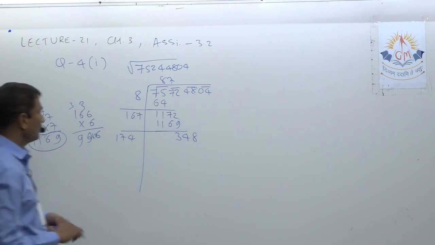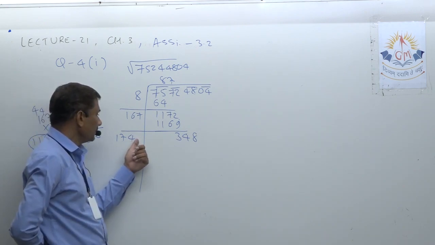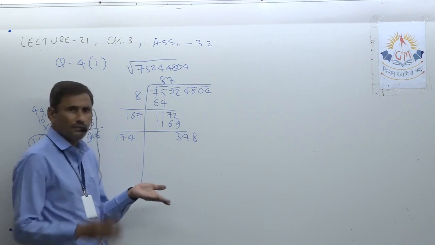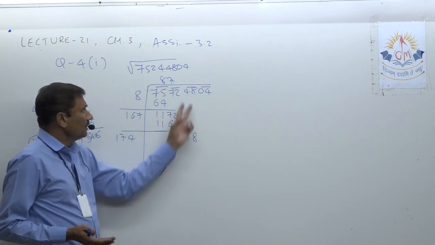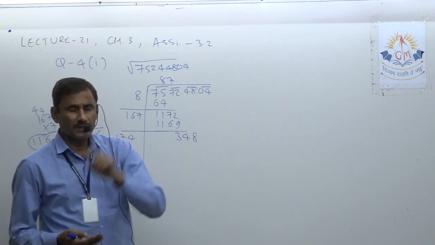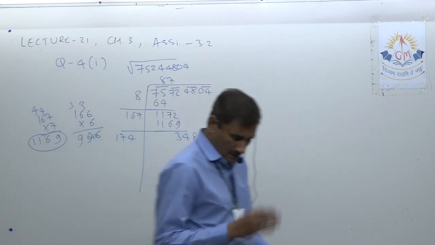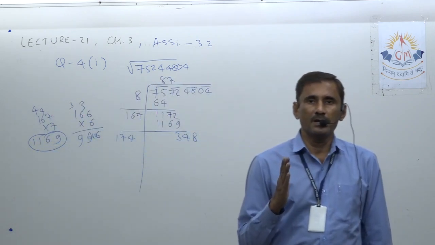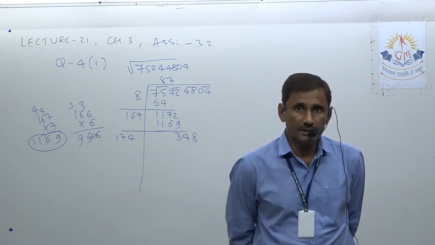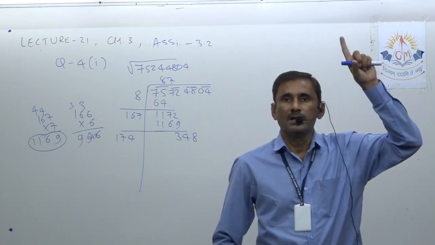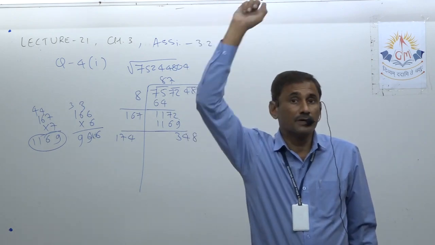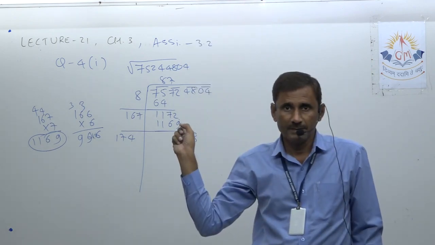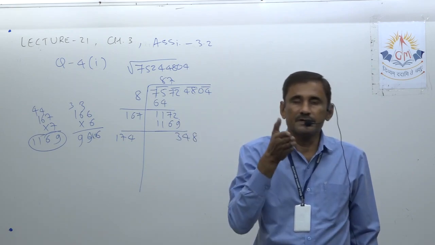Okay. Now look here, 174, 1 into 1. So 1741 into 1, 1741, it is less than that. So now by getting a single pair it is not possible. Just like division, you can legally bring 1 digit only. I am talking about division, not this method. You can bring at a time 1 digit only.